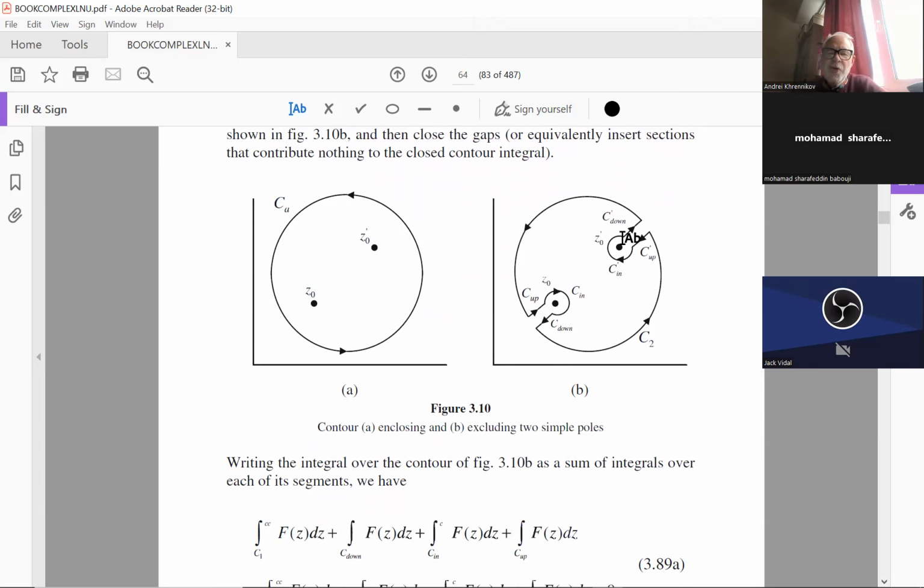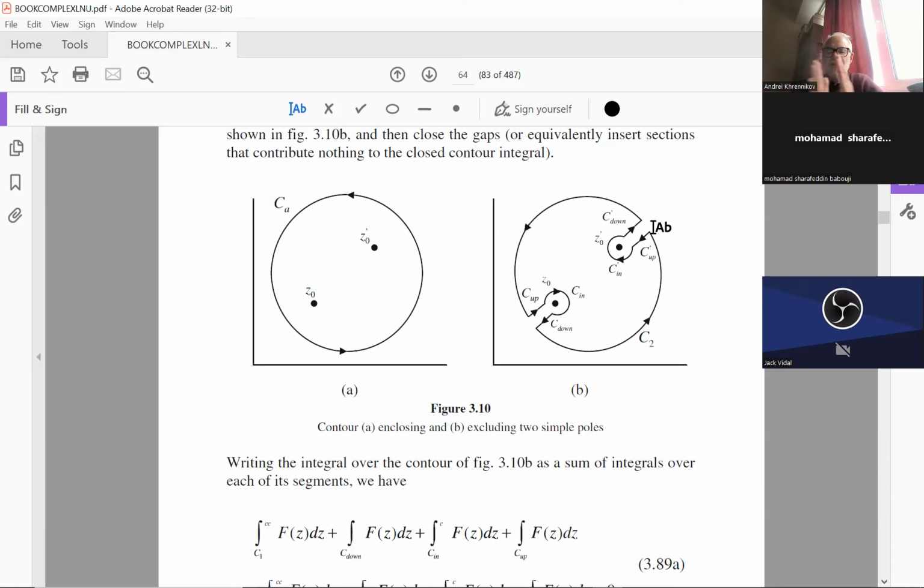So we make small circles around these points, and then we connect these circles with a big circle. So we get this and this, this and this. And you see that each local picture is more or less as it was at the beginning. Here these two trajectories go in this direction. We again go counterclockwise. So again, the idea is to move this to this gap.